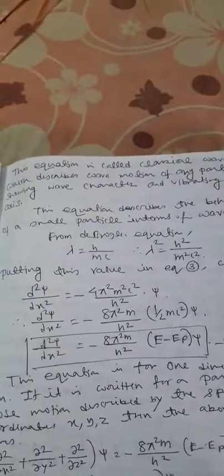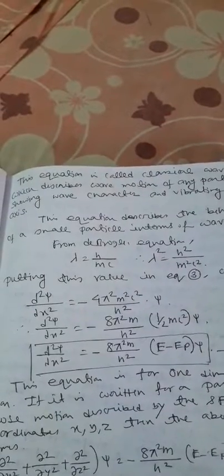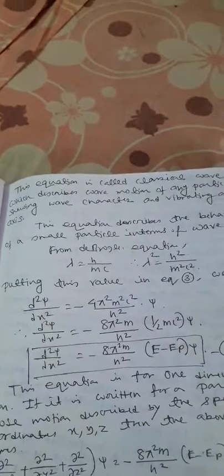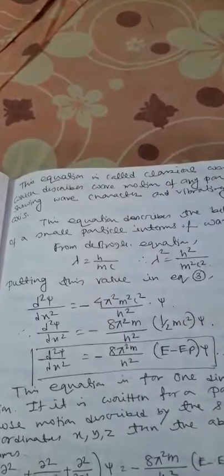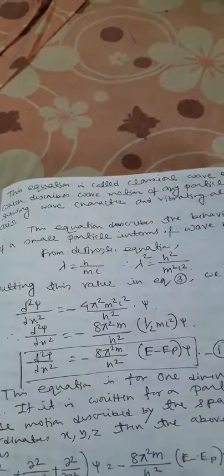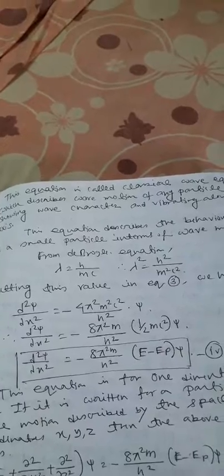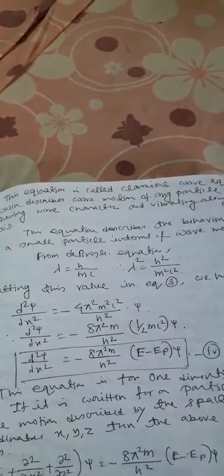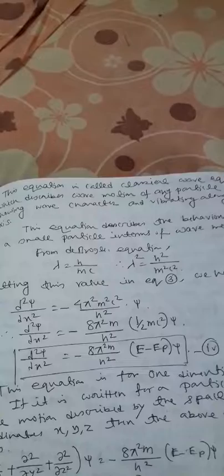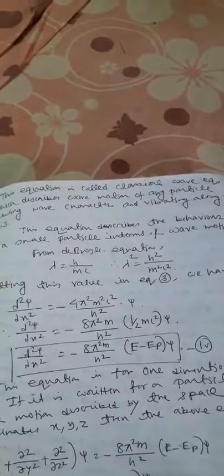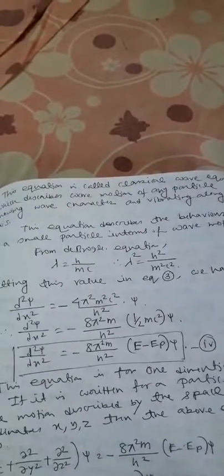Now this equation is called the classical wave equation, and it describes the wave motion of any particle showing wave character and vibrating along the x axis. মানে এই ইকুয়েশনটাকে আমরা বলবো ক্লাসিক্যাল ওয়েভ ইকুয়েশন, এবং এটা কি করে ডিসক্রাইব করে এনি পার্টিকেল যাদের ওয়েভ ক্যারেক্টার রয়েছে, তাদের ওয়েভ মোশনটাকে এটা দিয়ে ডিসক্রাইব করা যায়, এবং অ্যালং দ্য অনলি এক্স অ্যাক্সিস।